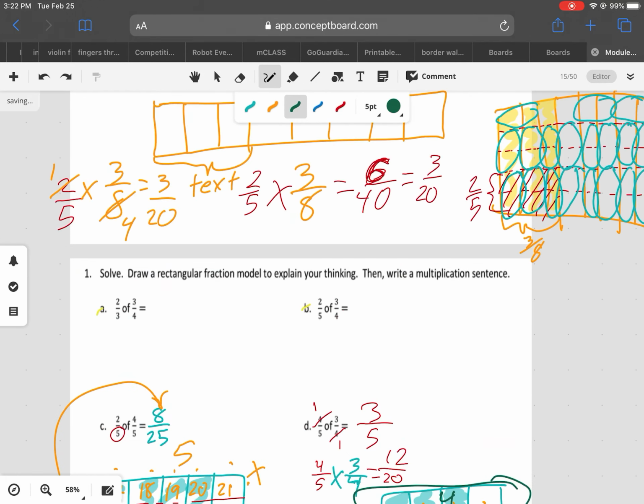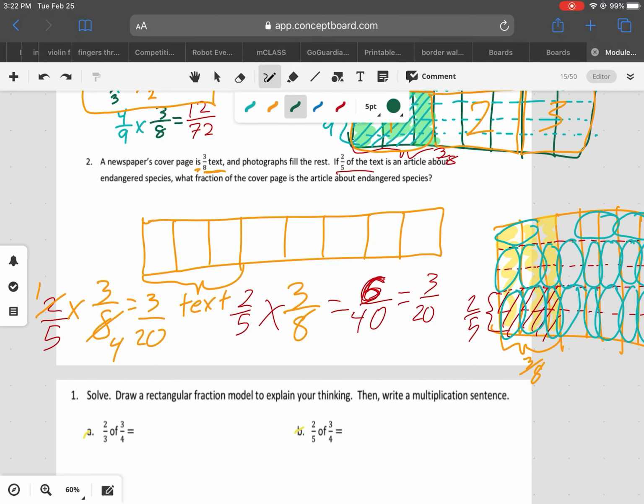I didn't give you the other one. So let me go back to this question over here, and then we'll stop. If I said 2/5 of the photographs were of endangered species instead of text, you would be using this as your endangered species photographs, because there's 5, 1, 2, 3, 4, 5, and this would be 2/5 of that. Okay, so please be aware that